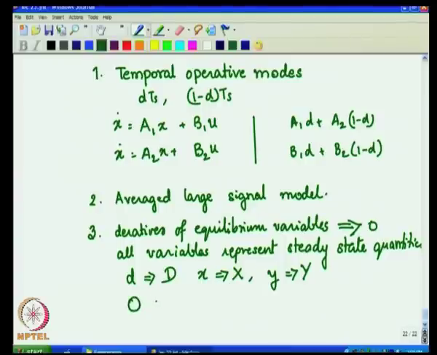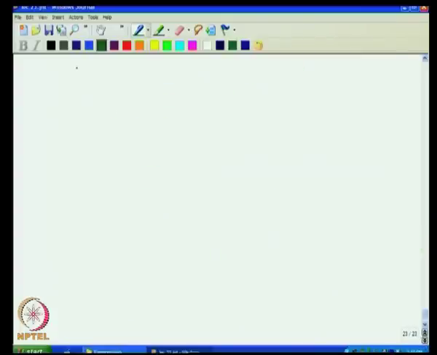So, you will get AX plus BU. Substituting these in the average large signal model, you will get the steady state model. After you have got the steady state model,